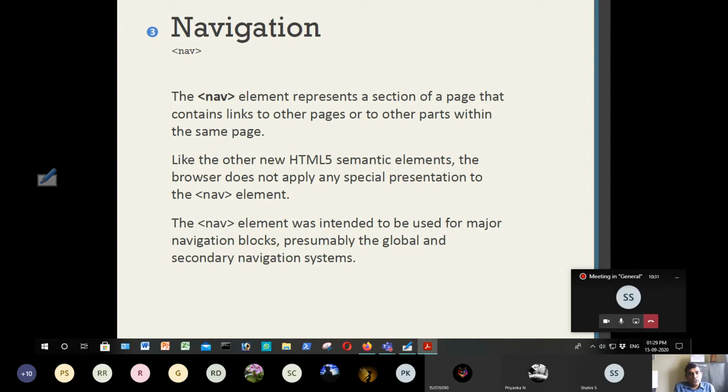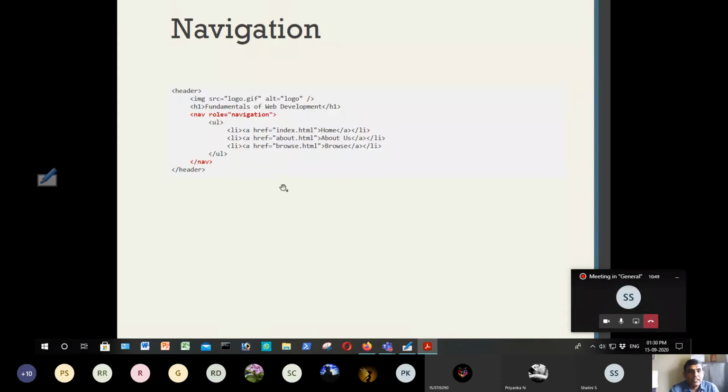So nav element is used for major navigation blocks, presumably the global and secondary navigation systems. See, navigation is used for various navigation blocks like global and secondary navigation systems. So we will see what is global and secondary navigation system in coming slides. Okay, so this is very simple.